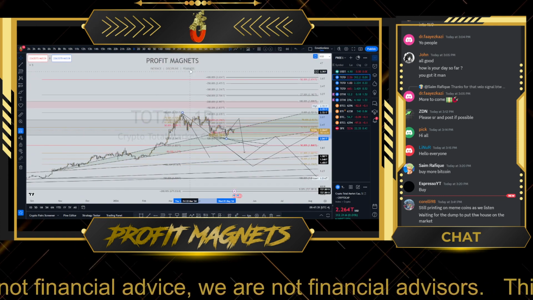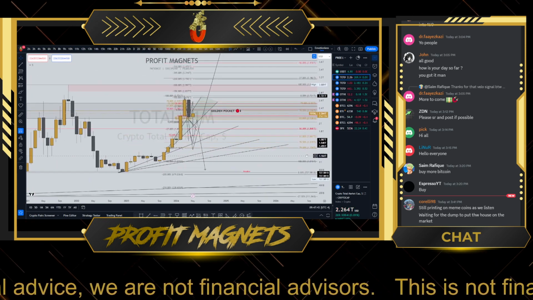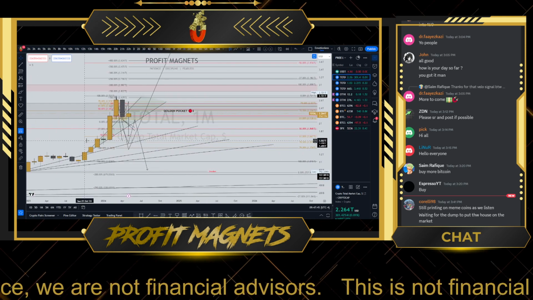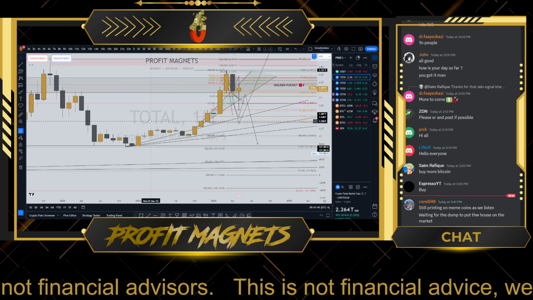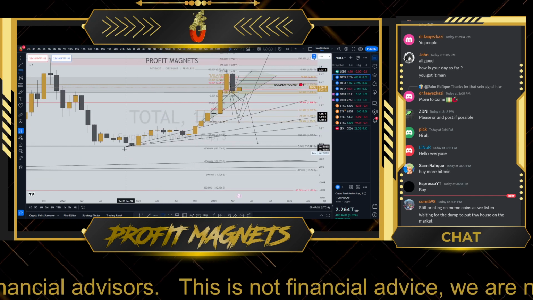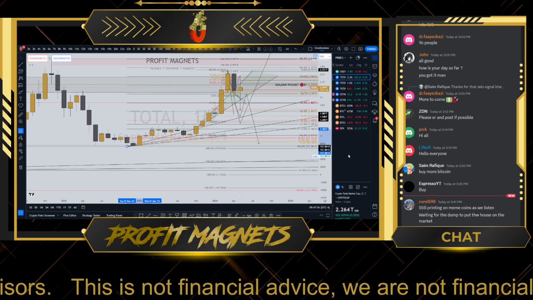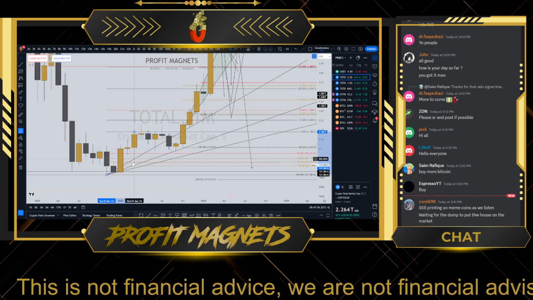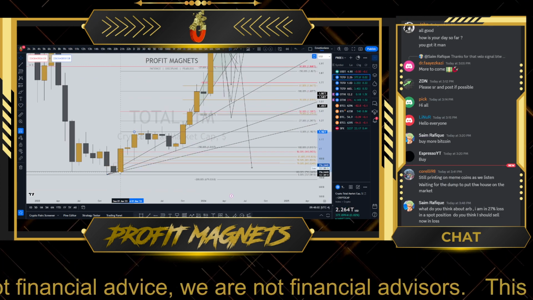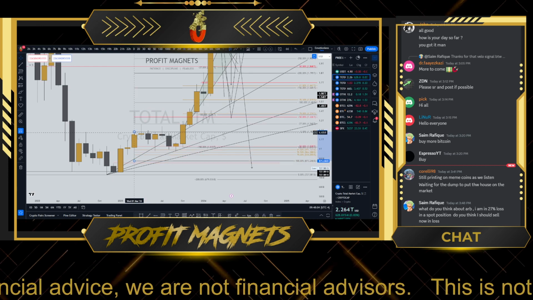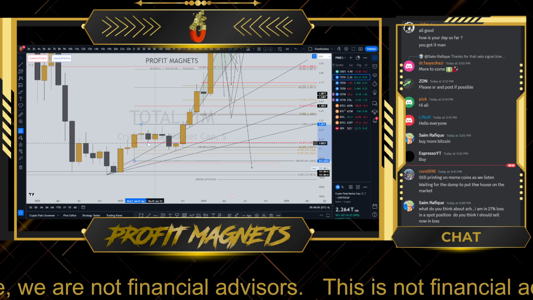Once you zoom out, and let me go on the weekly, because I want you guys to fully understand the picture here. We have this Fibonacci right here, which is yet to be fulfilled. You go from this low right here to this high, well, actually this high, and we have returned to the golden pocket. Same exact thing that we have done before. You move to this low, then to this high. What you see, we have returning to the golden pocket.